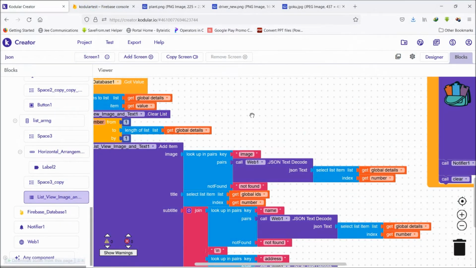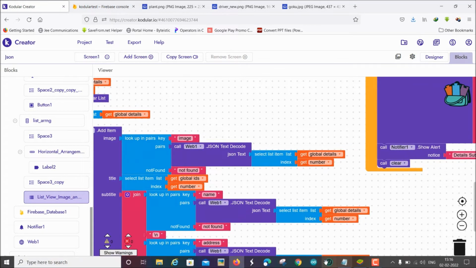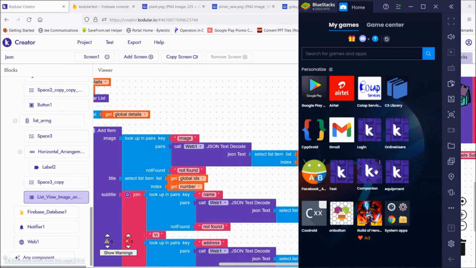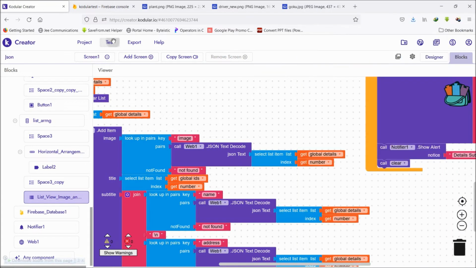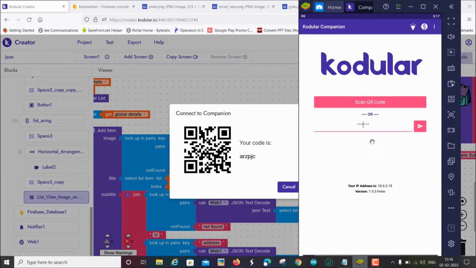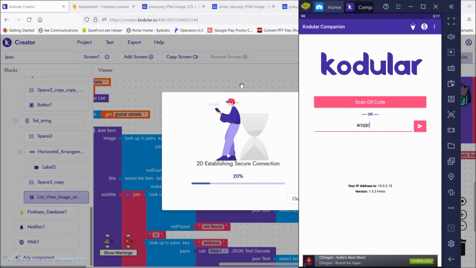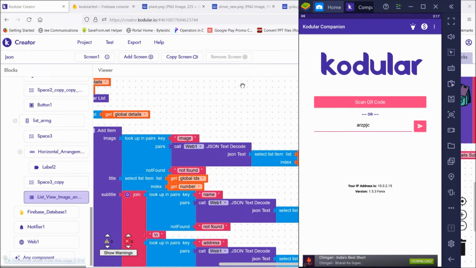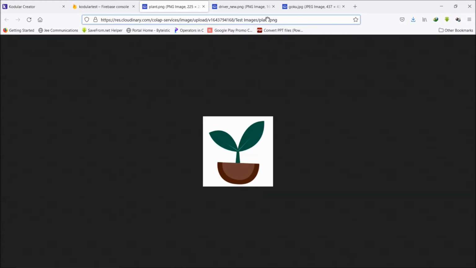So let us add some details in the companion and test this. So here is my companion, it is available now. So let us test companion connect. So connecting. Yeah, we got the, now get